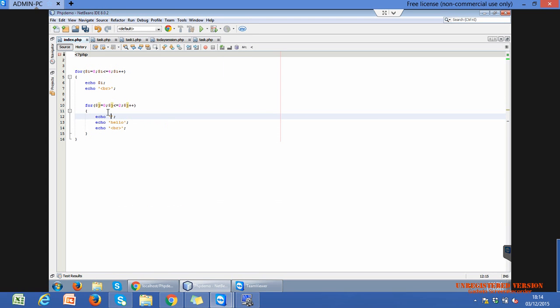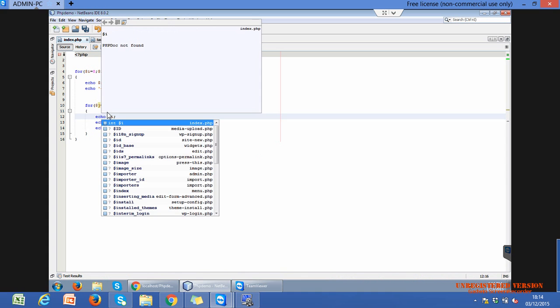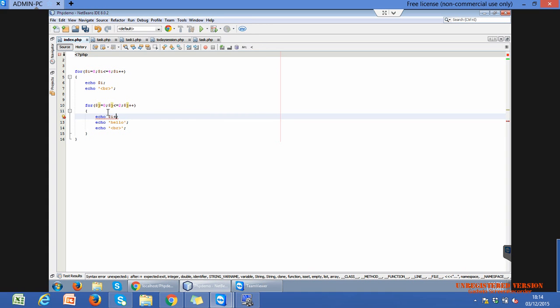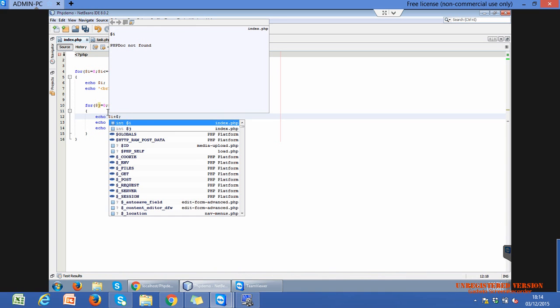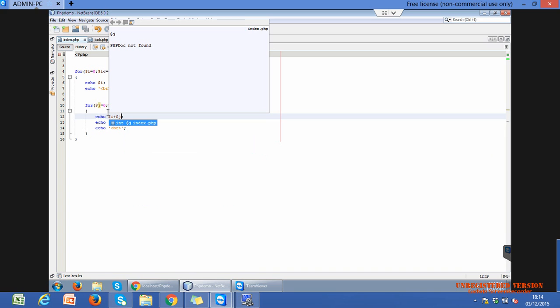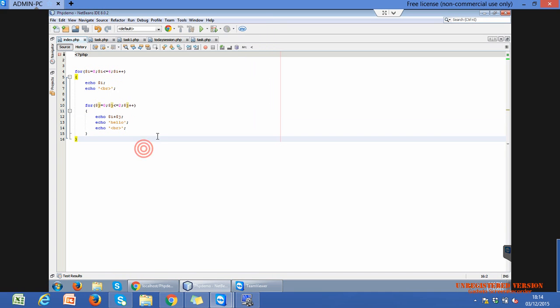If we add, I'm just echoing the value of $i plus $j. So what will be the output? Means i equals 0, okay, and for i equals 0,